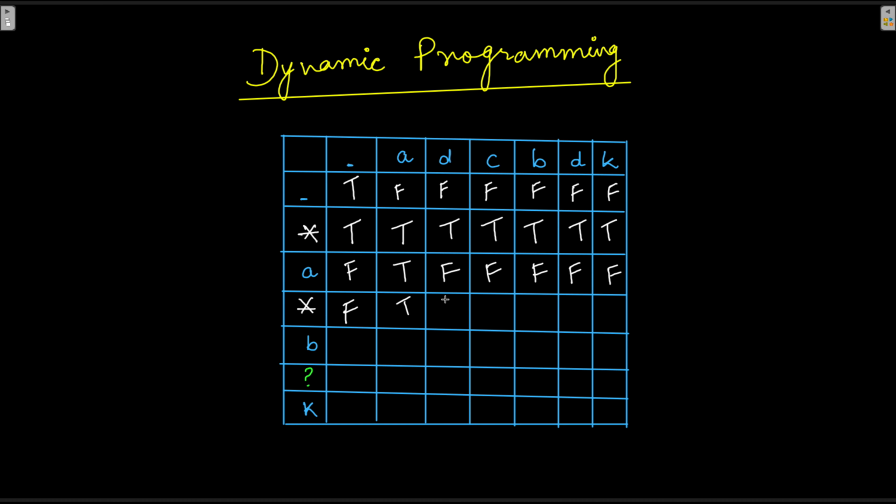So asterisk against D, that could be a match, right? Because asterisk can match for any character or no character at all. So if it is an asterisk, what we do is we go to the row above and we check for all the possible values here. It is F, T and F. So if we find a T anywhere until the same column as where we are going to fill in the previous row, if there we find a T, then we write a T here.